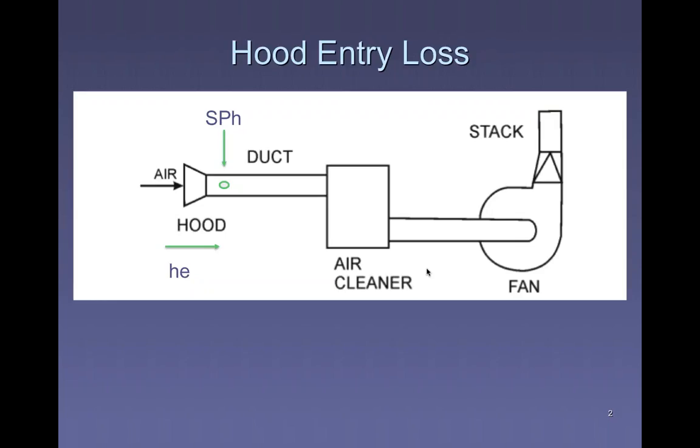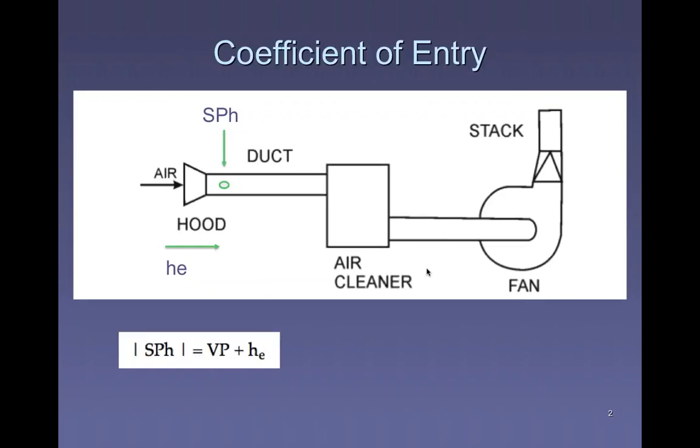That's determined by how much static pressure you lose by sucking air into the hood. That loss is called the hood entry loss, HE. We have a formula for that. The positive value of static pressure is equal to the velocity pressure plus the hood entry loss. In a perfect world, the static pressure and the velocity pressure would be the same. Remember that formula? Coefficient of entry, the square root of VP over the positive value of static pressure, would be